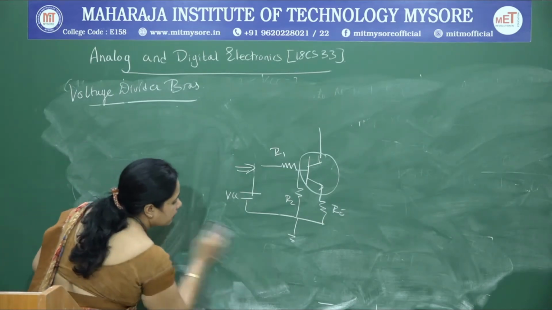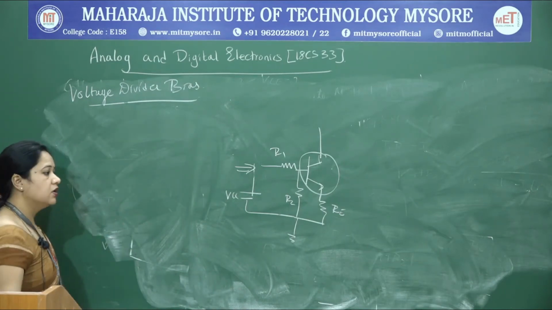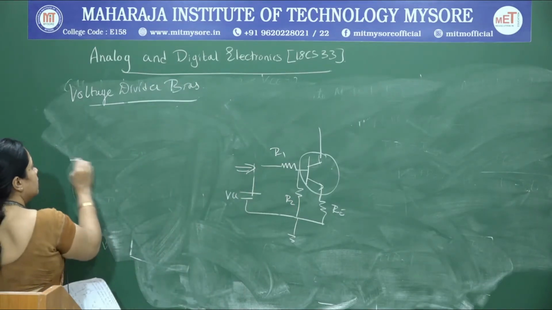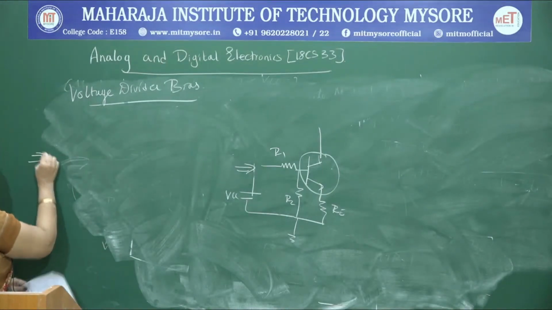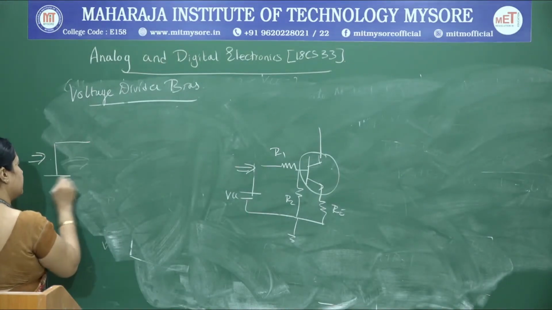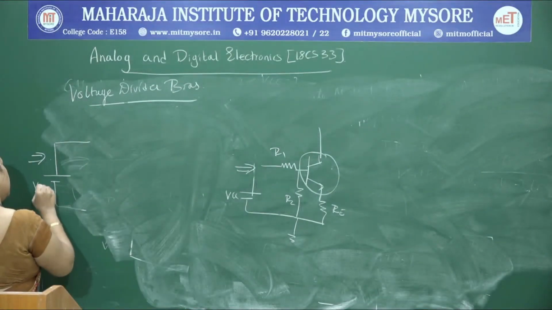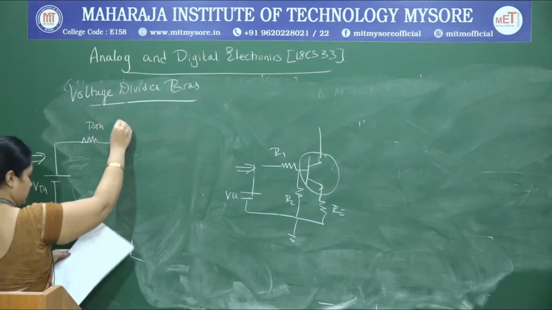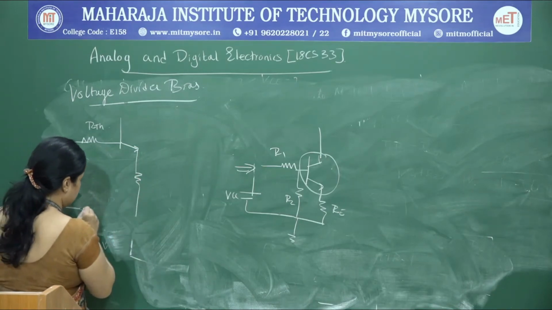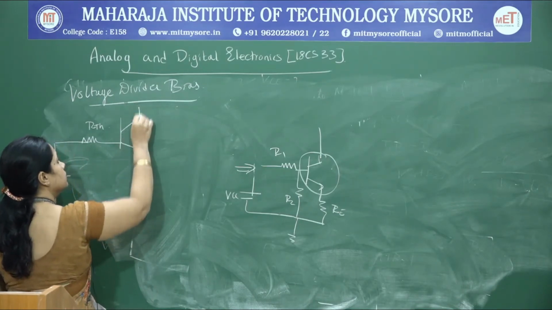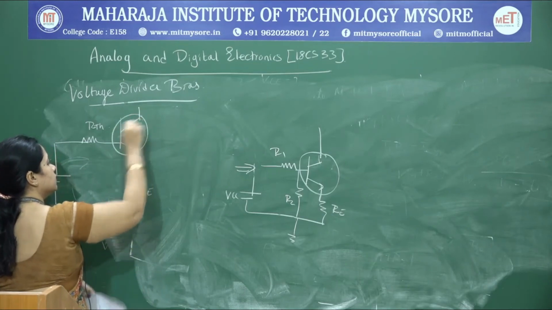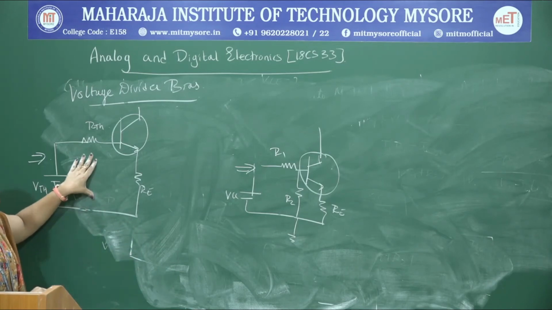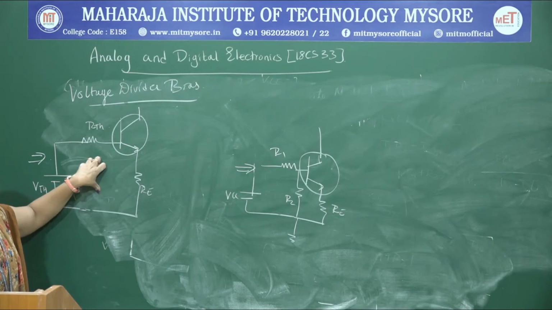So, I replace the multiple voltage sources, but here we have a single voltage source. We replace it with V Thevenin in series with the single equivalent resistance, which we will call R Thevenin. So, an equivalent circuit here we get something like this, V Thevenin in series with a resistance R Thevenin. So, you end up getting a circuit something like this. Here what you observe is that you end up getting a single loop.